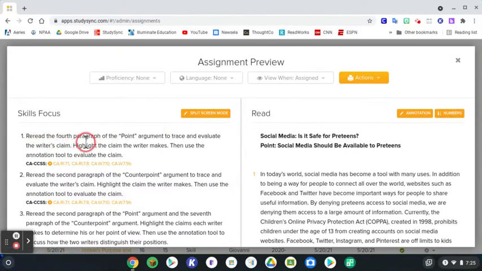Reread the 4th paragraph of the point argument to trace and evaluate the writer's claim. So, what do they believe? Highlight the claim the writer makes, then use the annotation tool to evaluate the claim. So, when we're evaluating the claim, I am looking for evidence to support their argument or evidence that goes against the counterpoint. Also, make sure when we are reading this, when we're looking for paragraphs, specifically when it comes to